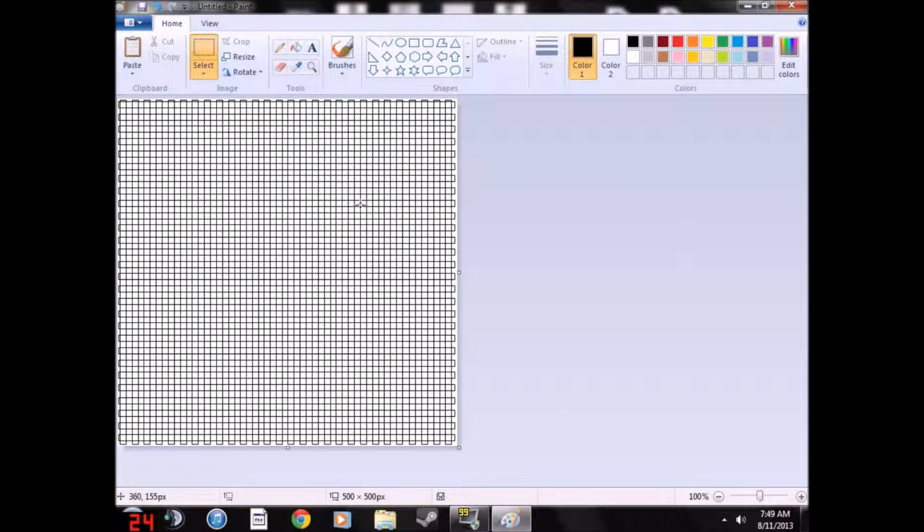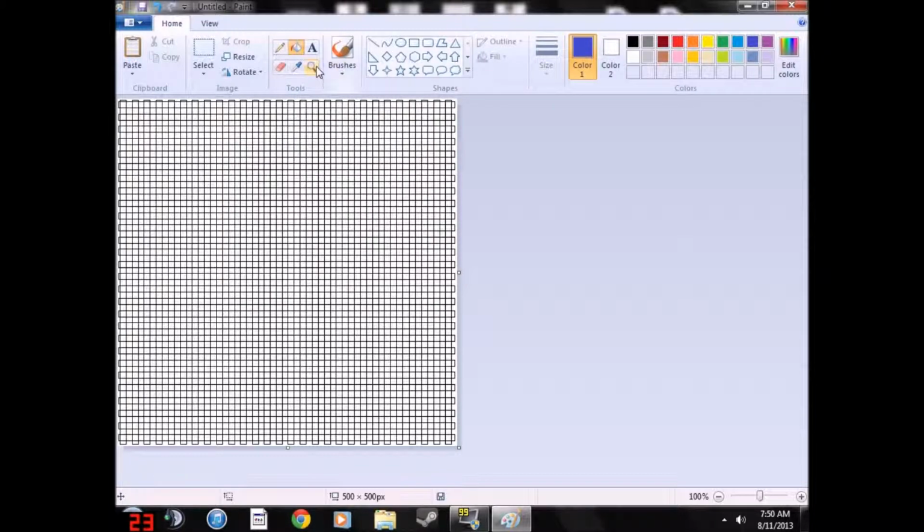Now the next step that you want to keep in mind, and this is very important, is the lines of the graph paper more or less. You want these to be a color that you are not going to use in your artwork. So you can edit a color and come up with something weird, or just use a color that you know you're not going to use in the artwork. So I'll use this blue. I click on the blue, then I click on this little fill with color tool, the little paint can,